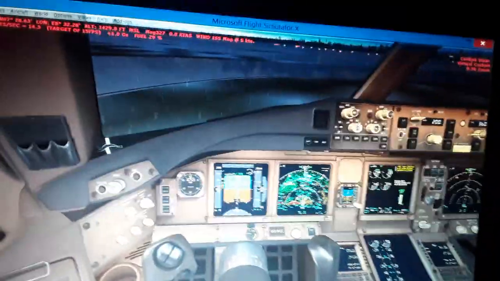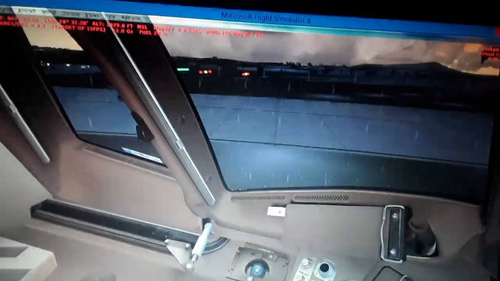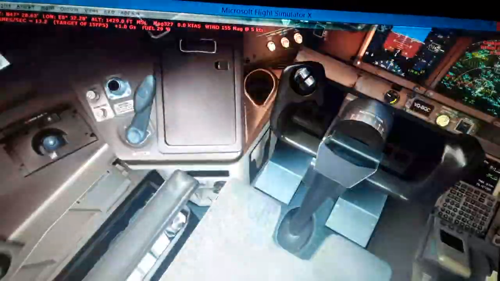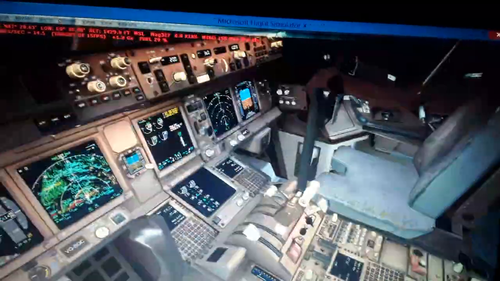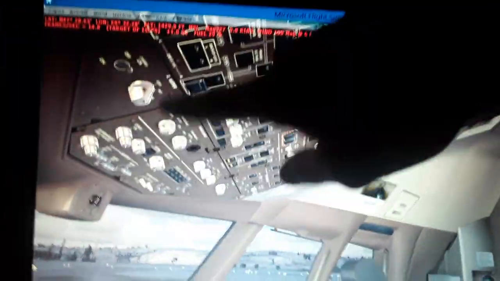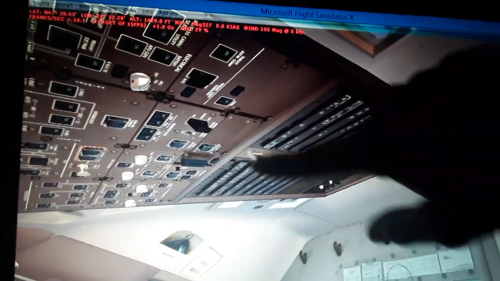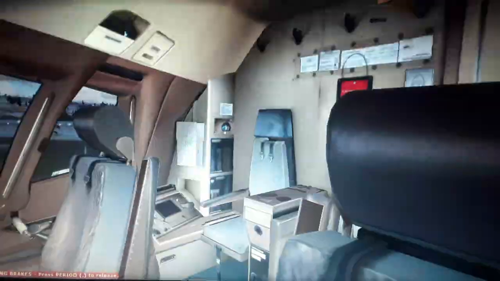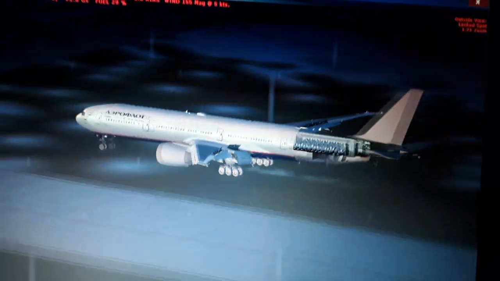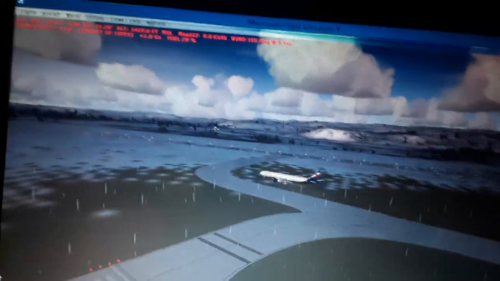So we're gonna start with these systems here, and we have about 30 more minutes. You can see also the cockpit inside. As I told you, the flight controls, the overhead panel. Over here I'm gonna show you all the systems and how to start the engines. Also you can see the circuit breakers here, so you have a nice view of the cockpit. So we're gonna start, also the outside view. So we are located right now. So I'm gonna show you